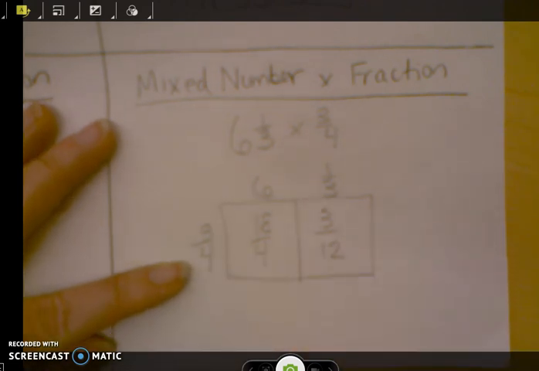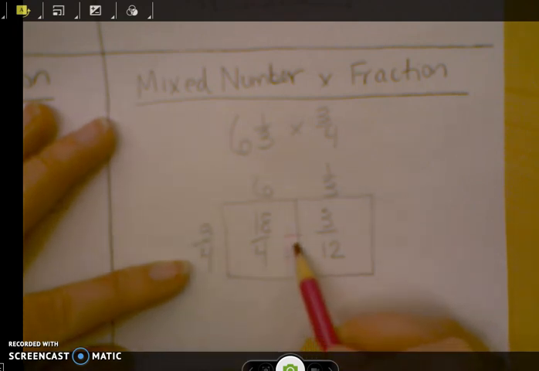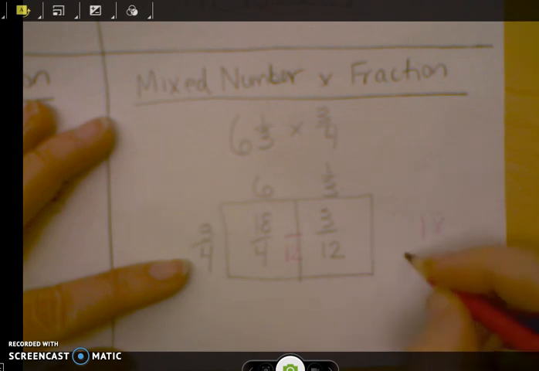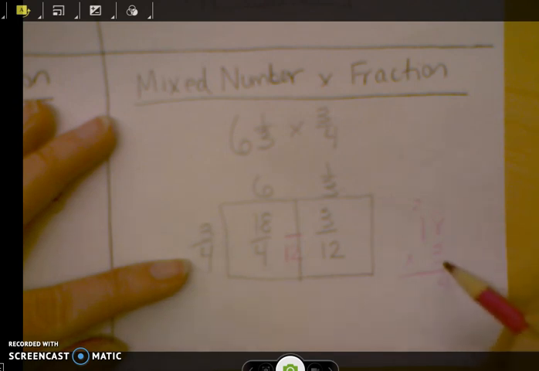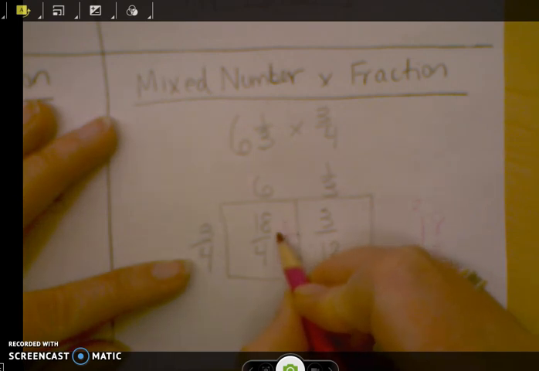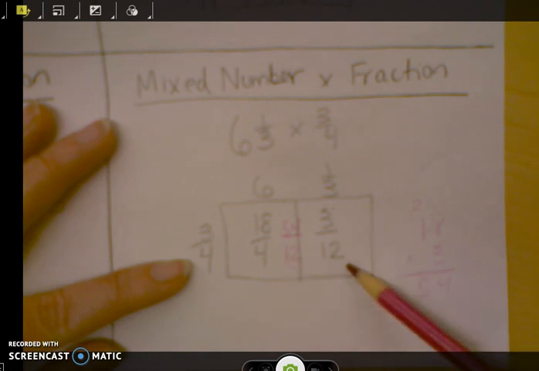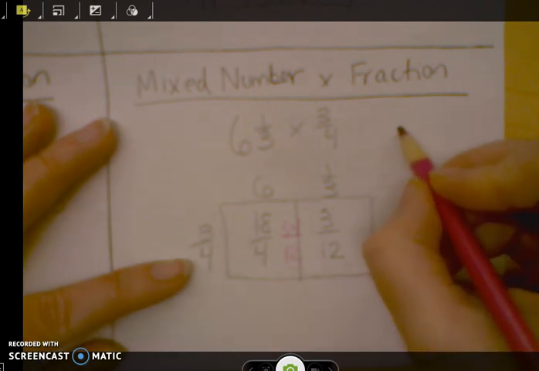Okay, I have two parts of my box that I need to add up. Again, I want to find that common denominator. My common denominator is 12. I'm going to multiply 4 times 3 to make my equivalent fraction, so I'm going to multiply by 3 over 3. 4 times 3 makes 12, and 18 times 3, I'm not really sure. I'm going to do that math real quick. 8 times 3 is 24, carry the 2, 3, 54, I think. Yeah. So 54 twelfths plus 3 twelfths altogether gives me